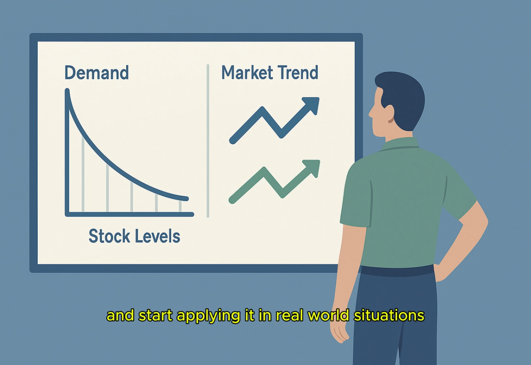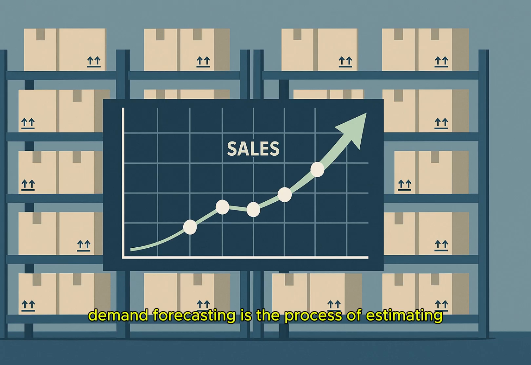in real-world situations. Demand forecasting is the process of estimating future customer demand for a product or service. The key word here is estimating. It's not random guessing. It's about using reliable data, market trends, and strategic insights to make predictions you can trust. This process is a critical part of supply chain management, helping businesses plan production, inventory, staffing, and even cash flow